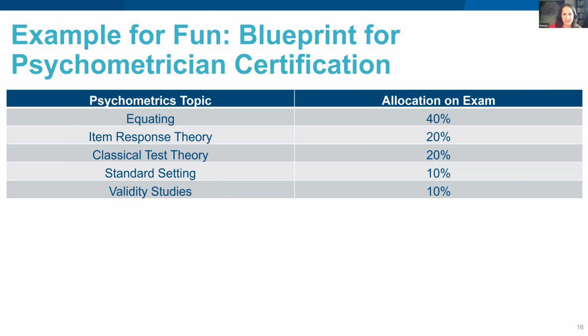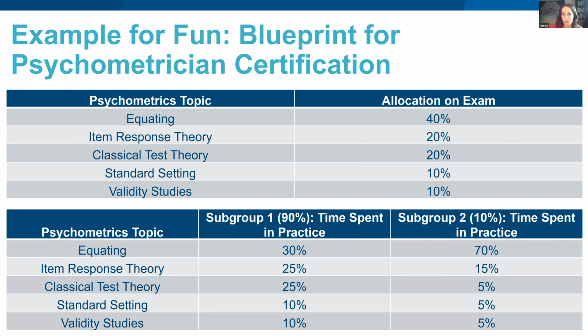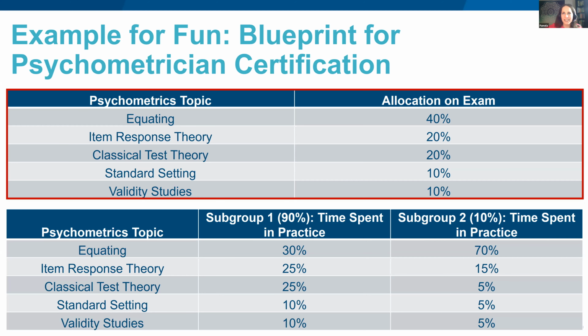So here's those same specs at the top. Perhaps your 2 populations are one larger group and one smaller group. So maybe your larger group is, again, that more generalist type, a little bit of everything. And your smaller group, again, is maybe more of a focused equating group. Now, in this case, again, you might decide you could still go with that overall allocation that applies to everyone. Here, the argument would be more like, well, 90% of the people are closer to this, so you wouldn't want to necessarily cater to the other 10%, but still, that would be something to consider and a decision to make, and better to know this information up front than have it come back and bite you later.